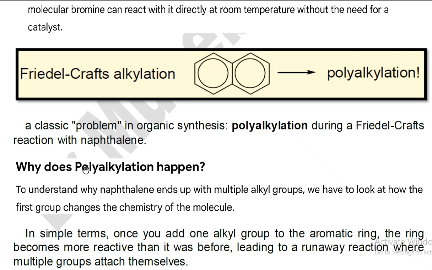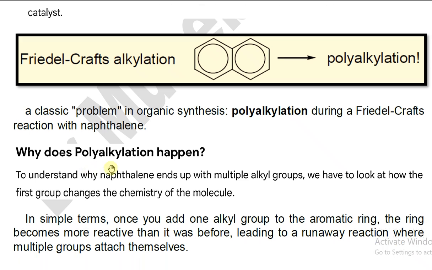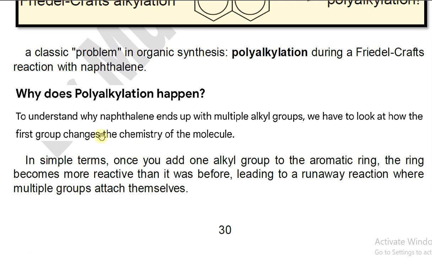Why does polyalkylation happen? To understand why naphthalene ends up with multiple alkyl groups, we have to look at how the first group changes the chemistry of the molecule, how it changes the stability and the energy